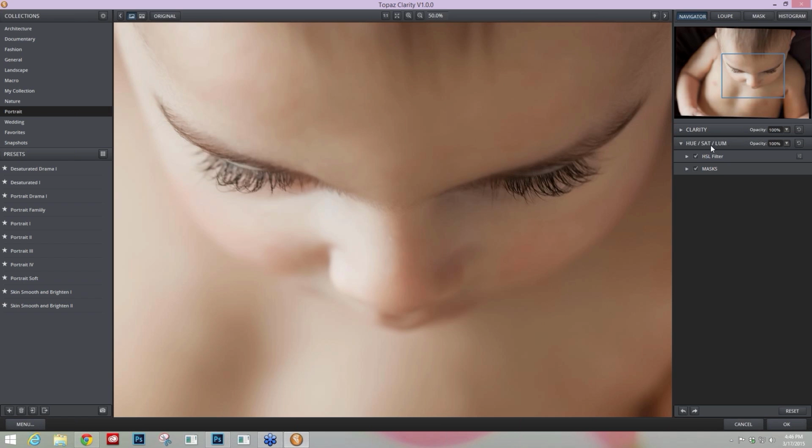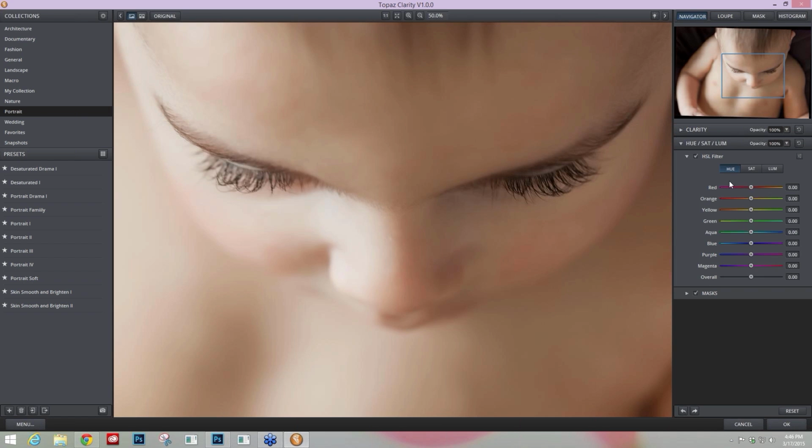But for this workflow, we're going to go into the hue, saturation, and luminance, and it's just an HSL filter that breaks down your image into 8 different color ranges. And then we have an overall slider down at the bottom as well. I'm not going to shift the hue at all, but I do want to play around with my saturation just a touch. I want to keep an eye out on the skin and kind of even it out even more using a little bit of my saturation and luminosity. So I notice that there's still some ruddiness, a little splotchiness going on, so I maybe want to reduce the reds just a touch. Same thing with the oranges,